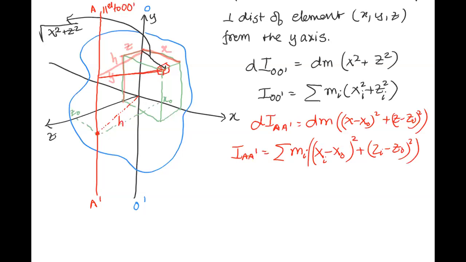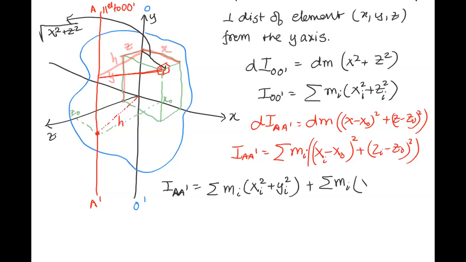Okay, so now let's expand this I AA dash. If I expand this, I'll get summation of mi xi square plus zi square plus, मैं बस टर्म्स को सेपरेट कर दे रहा हूँ,